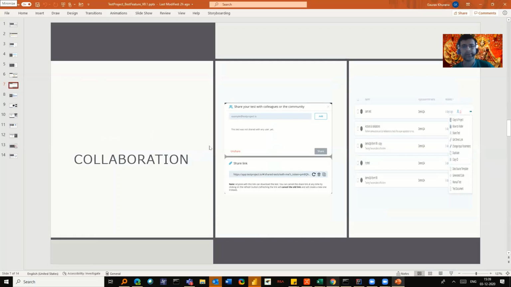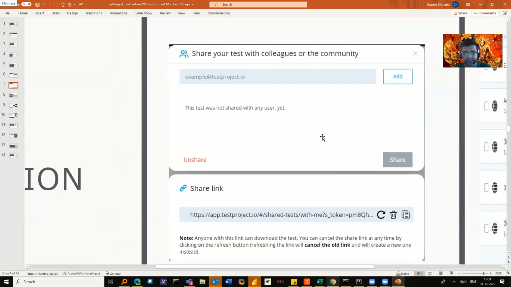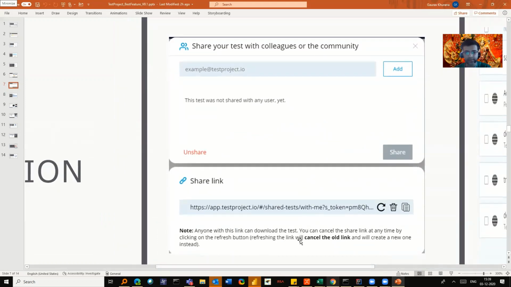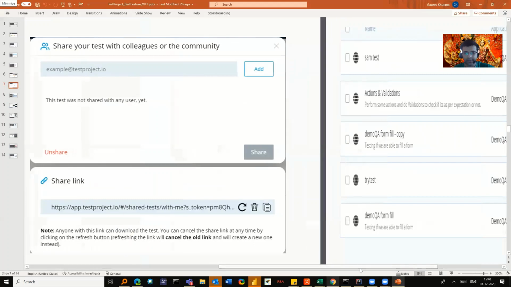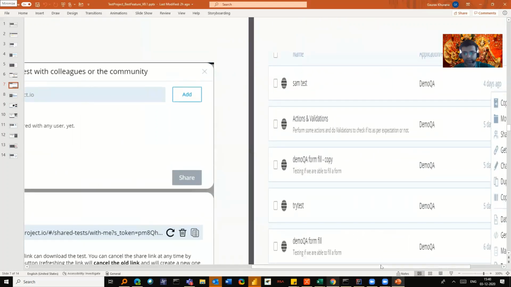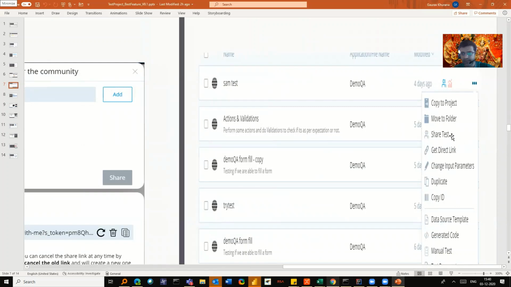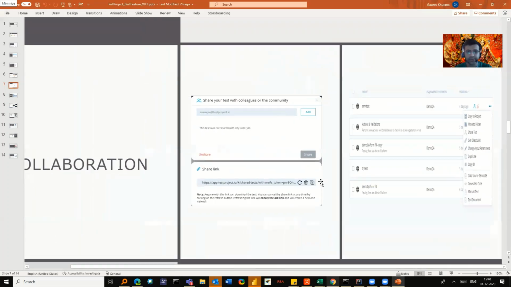Now coming to collaboration, like how you can collaborate with each other. I'll just zoom in. If you see, there is a share link, so there are no complicated ways, like you have to share a GitHub repository where you fork and all those technical things. I can just create a simple test. I'll share a test with you, which somebody shared on LinkedIn, where they were opening a weather website and that sends you an email. So all that automated stuff they shared, and with the link, I simply imported it, right? So how to do that is, there is a link called share test.